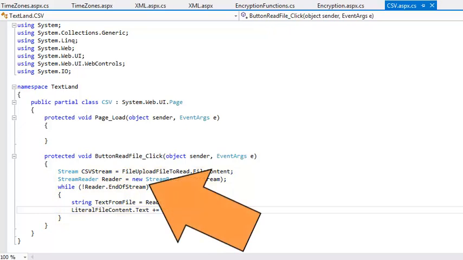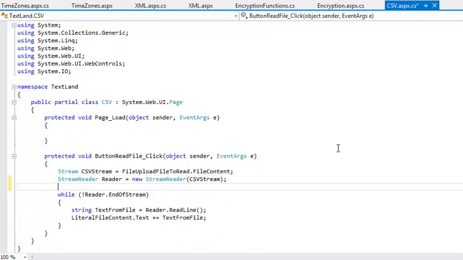Add the following code on a new line before the while loop. String HTMLResult = "<table>". You are going to display the contents of the CSV file in an HTML table, so the HTMLResult variable starts with a table tag. Next, you're going to modify the while loop to split the CSV data into individual values. Remove the line that begins literalFileContent.Text